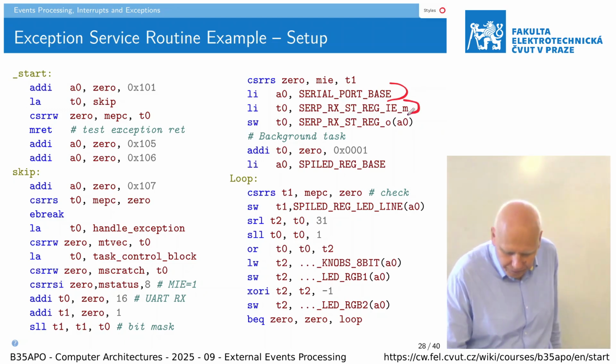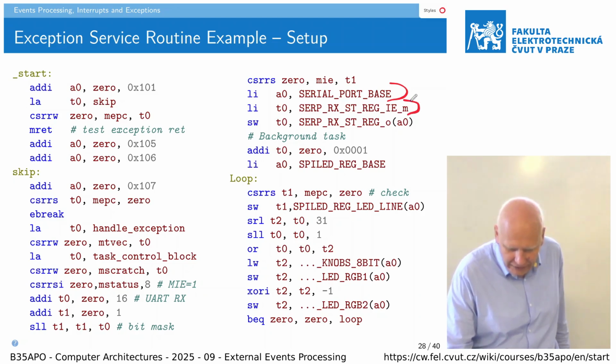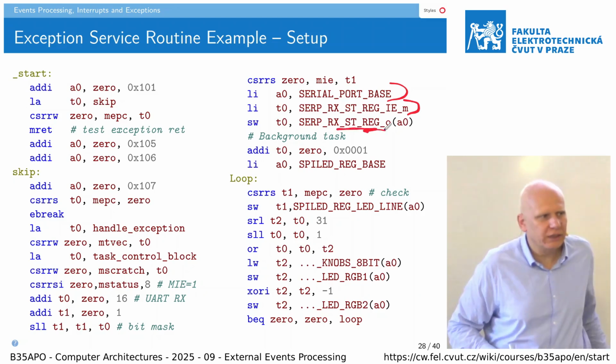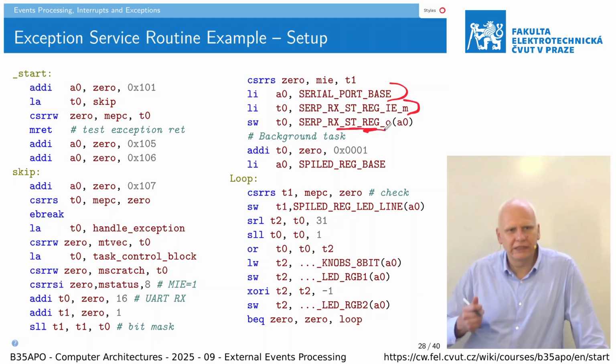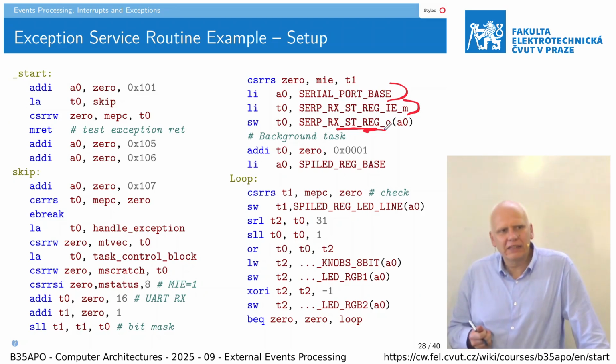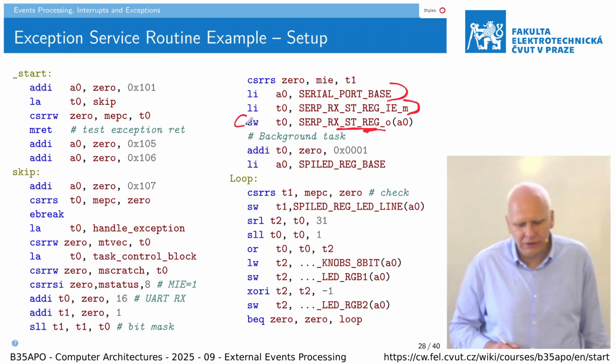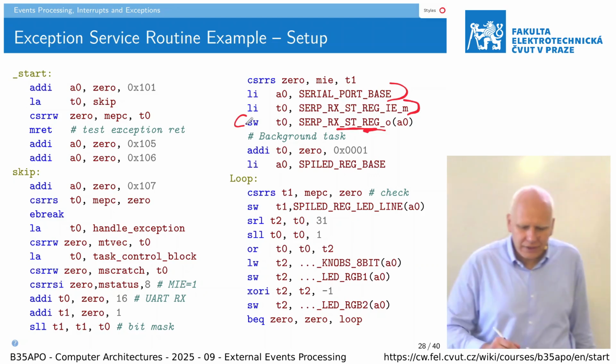And bit 1 is set in the RX status register. If you remember, there were 2 bits. One bit which specifies that the data are available, and then there was defined yet another bit, and it is this bit which allows to enable the interrupt. And we